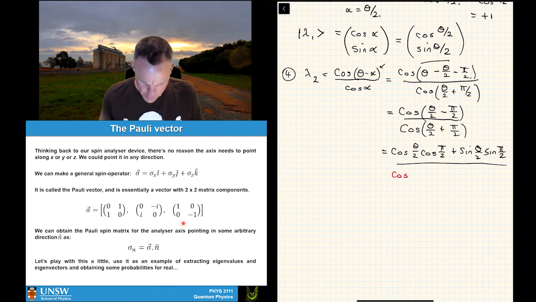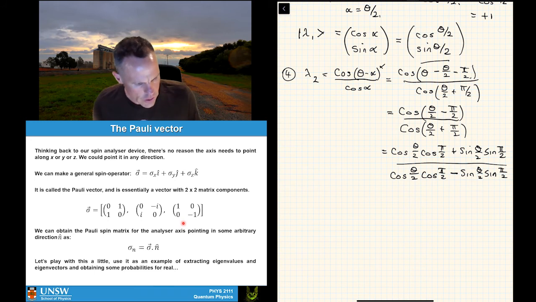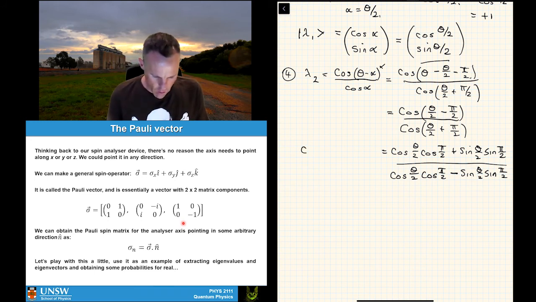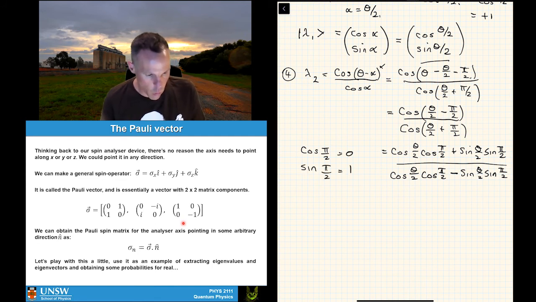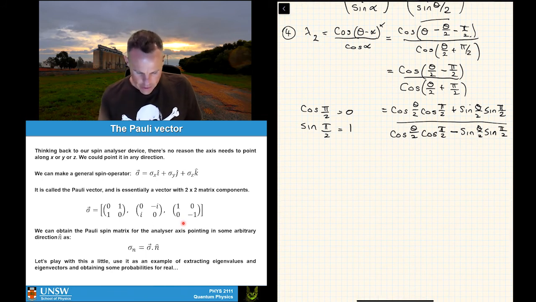The minus sign gives you the plus sign on cos. Cos theta on 2 cos pi on 2 minus sine theta on 2 sine pi on 2, just there, okay? Of course, what we know here is that cos pi on 2 is equal to 0 and sine pi on 2 is equal to 1, right? We just know these for cos functions. So this term here is